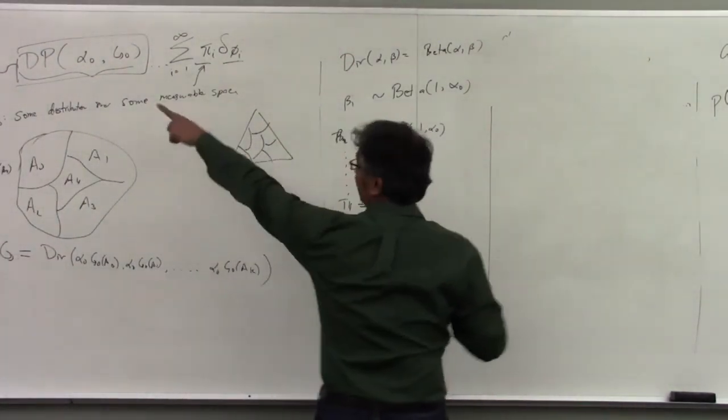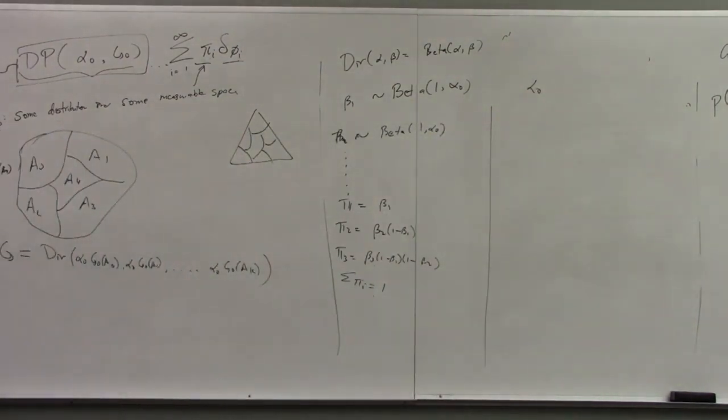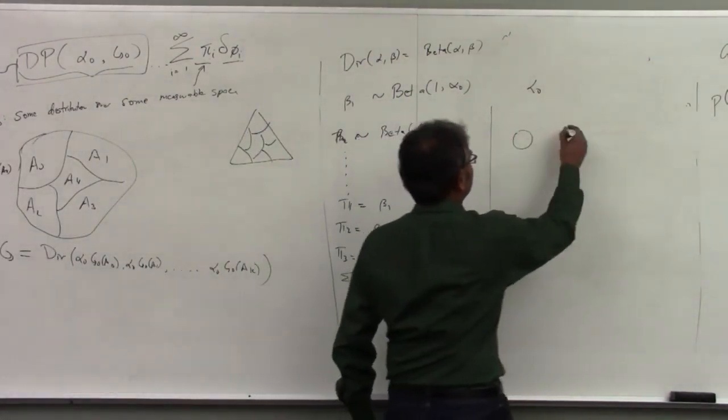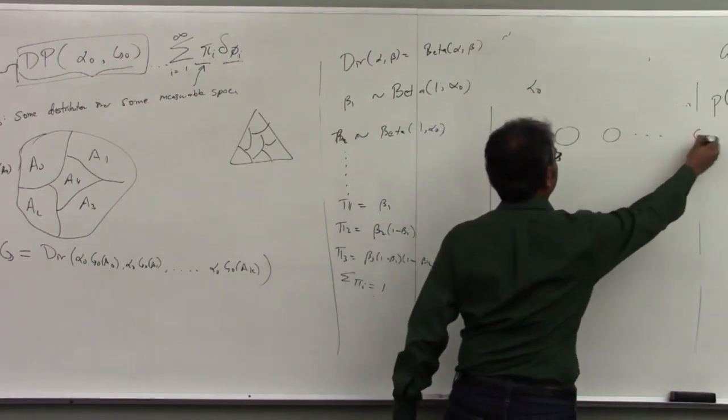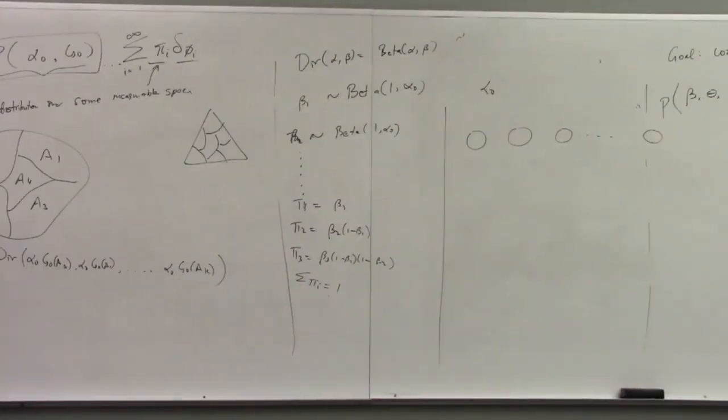So the only parameter I need is alpha 0. So imagine a restaurant, in this particular case a Chinese restaurant. I'm not sure why it had to be Chinese, but it is a restaurant. And it has many tables. It has in fact an infinite number of potential tables. Okay. So there's table 1, table 2, table 3, up to table infinity. Think of each table like a cluster. That's why you want to have an infinite number of tables.